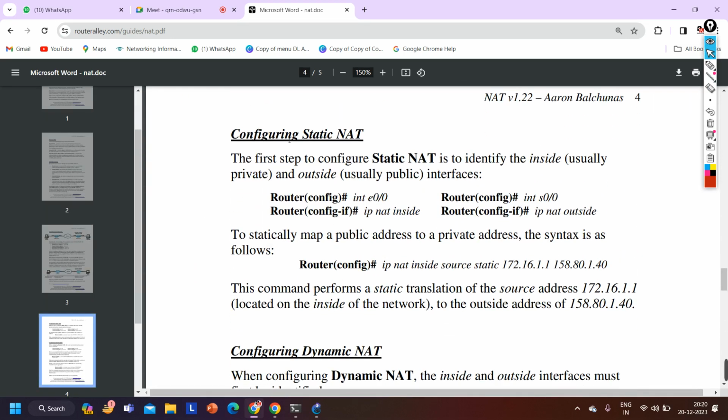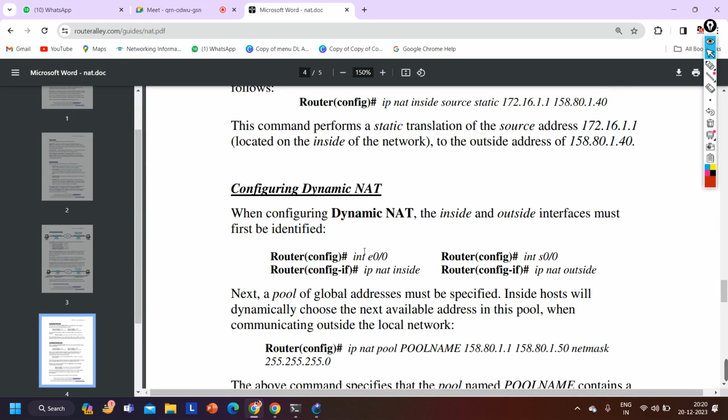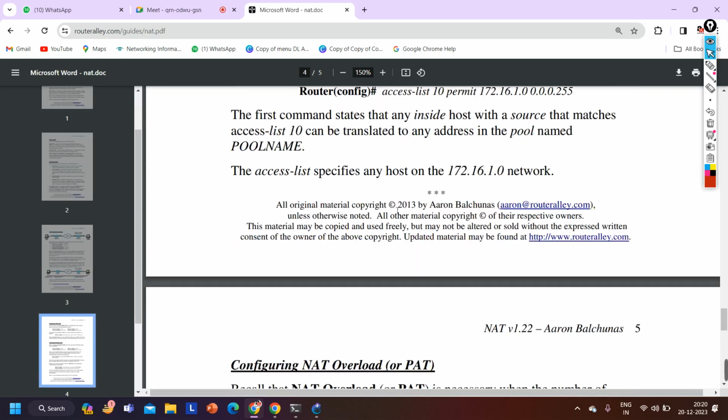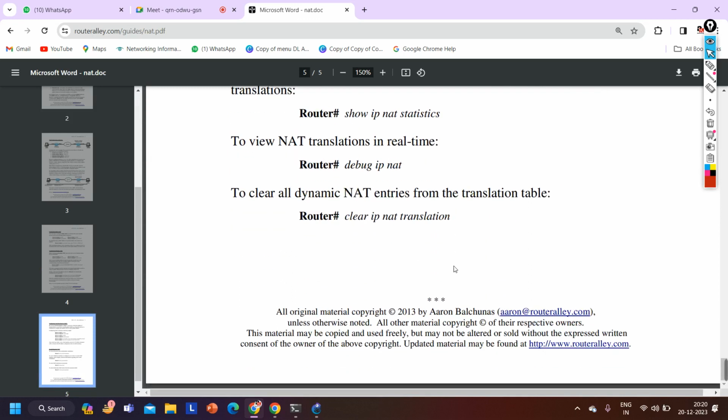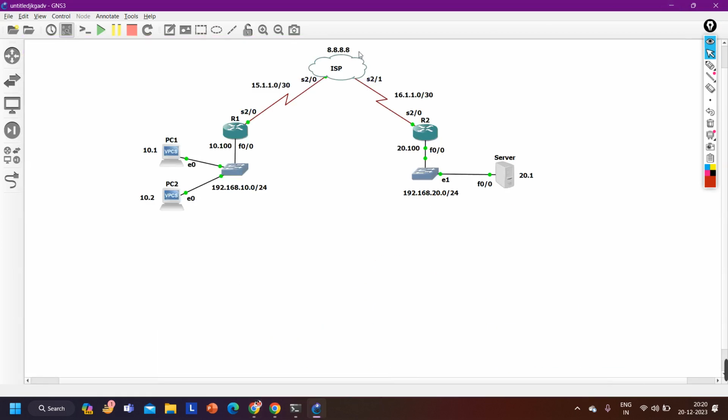Then there are some configurations of static NAT, dynamic NAT, and I think PAT. Okay, so let me configure, guys, each type of NAT one by one in this scenario. First of all, I will configure IP addresses on all devices, and I will save the configuration, and after that I will configure NAT, so that when we reset the device, the IP configuration will still be there. Okay, so let me access R1,